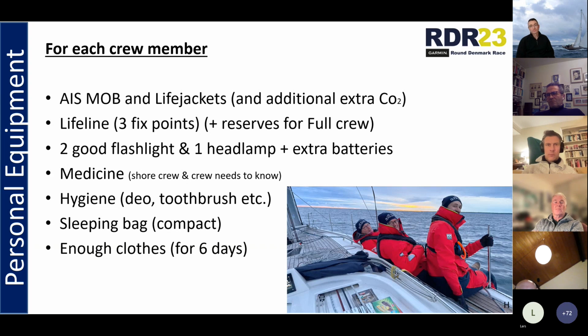Then when it comes to medicine, it's pretty easy for the single-hand, medicine, and they are the only one to take care of that. But if you have a double-hand crew or you have a fully crewed boat, then you need to have at least that the person who has the need for medicine or the security officer, which we pointed out on the boat, needs to know if there are any issues that he or she should be aware of. So if you have medical needs,